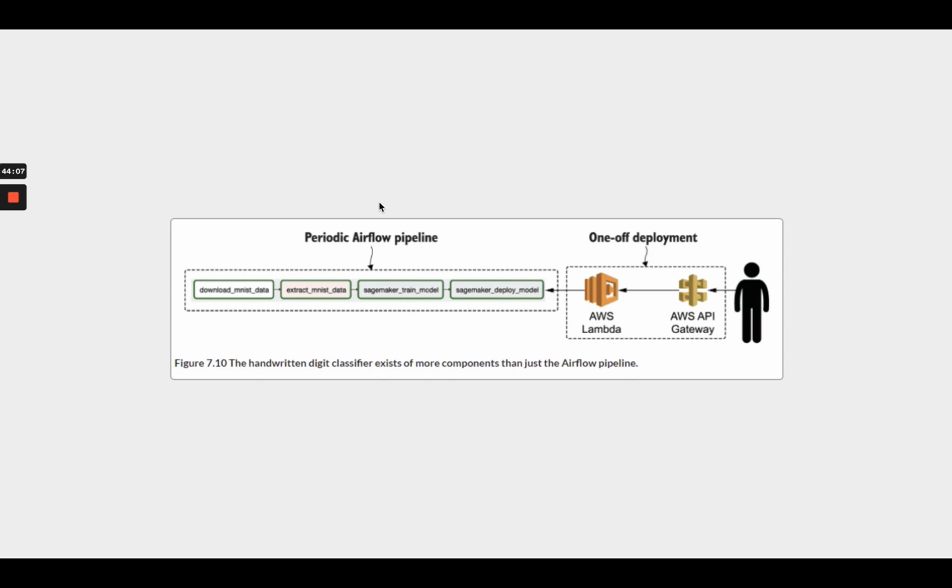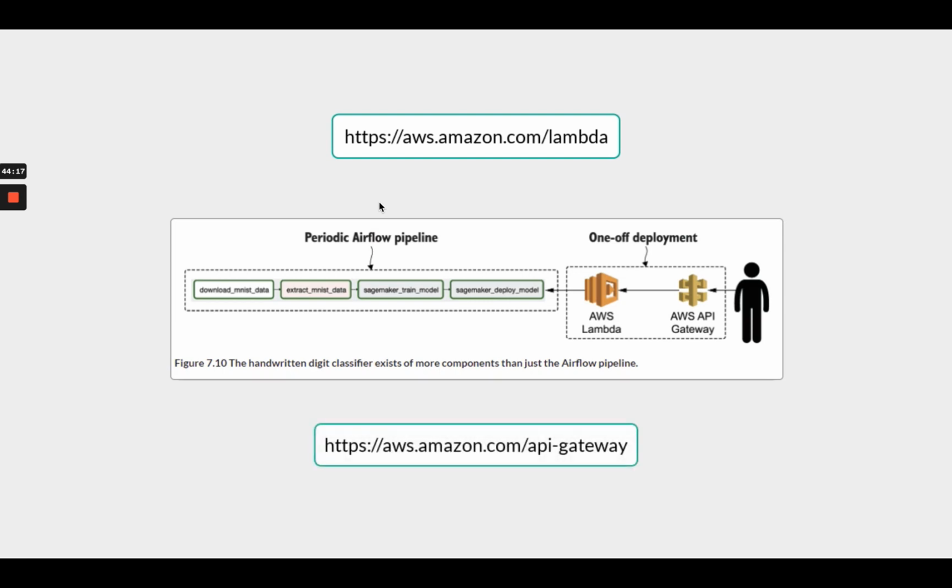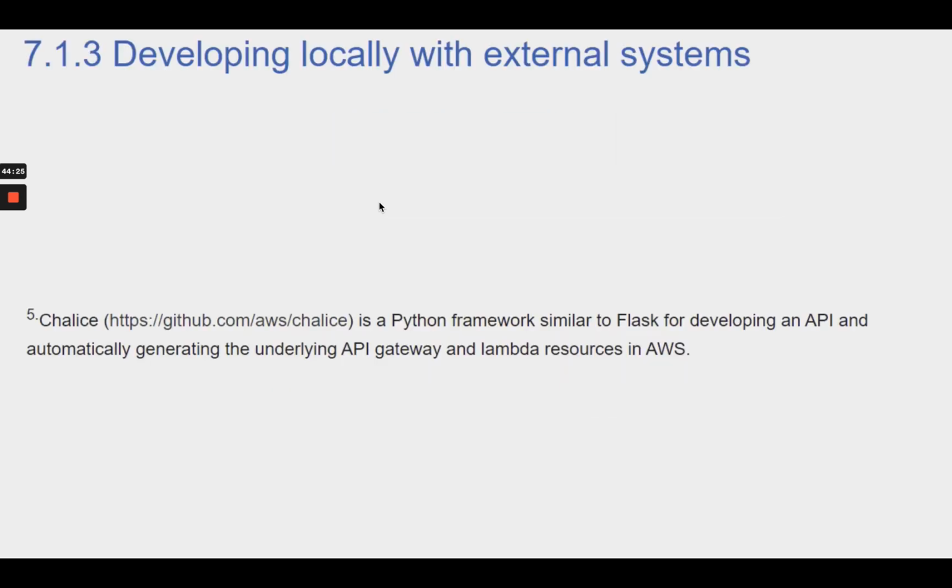In AWS, in order to make it accessible to the internet, we could deploy a Lambda, such as this, to trigger the SageMaker endpoint, and an API gateway, such as this, to create an HTTP endpoint, forwarding requests to the Lambda, so why not integrate them into our pipeline? Figure 7.10. Footnote 5. Chalice, see this link, is a Python framework similar to Flask for developing an API and